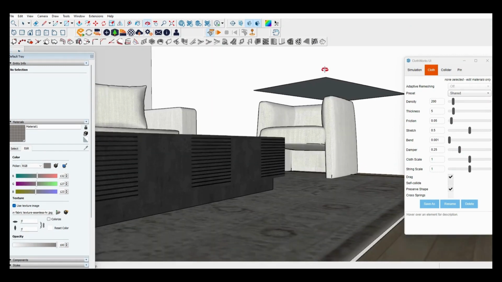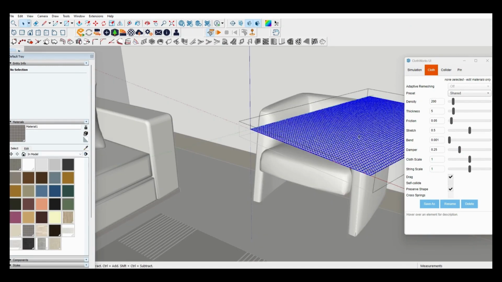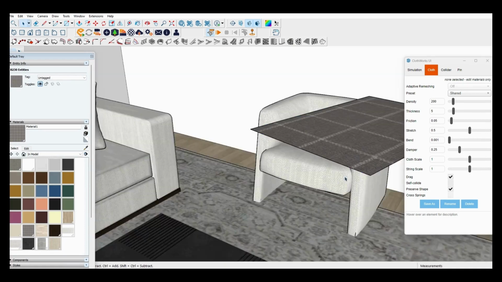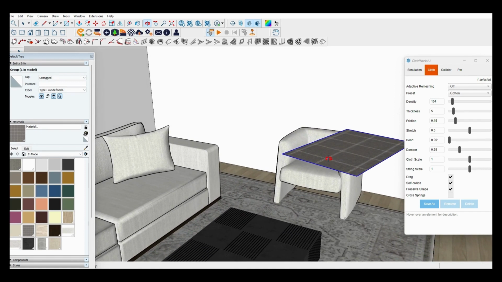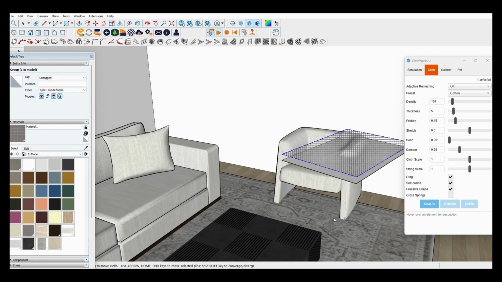So once that's done, you can paint it. It's important to paint it before you click play, because otherwise the material will go all janky and you don't want that. So once you click play, you can see that it's doing its thing. Super satisfying. The nice thing is that you can use your mouse and just kind of click on the pieces that you want to adjust and kind of flick them around until you get the shape and the desired look that you're looking for. Once it's done, you can click pause, you can click escape or the paint bucket tool,